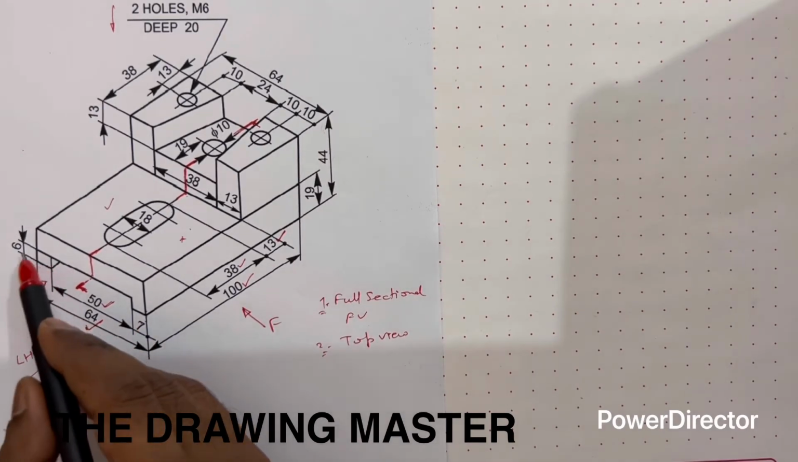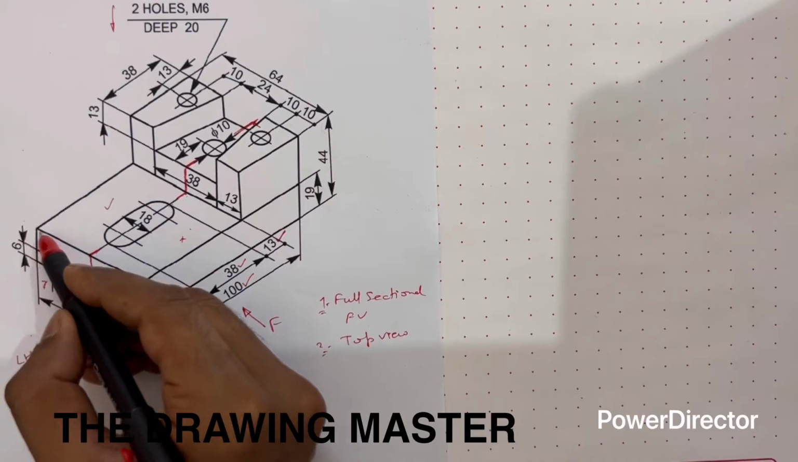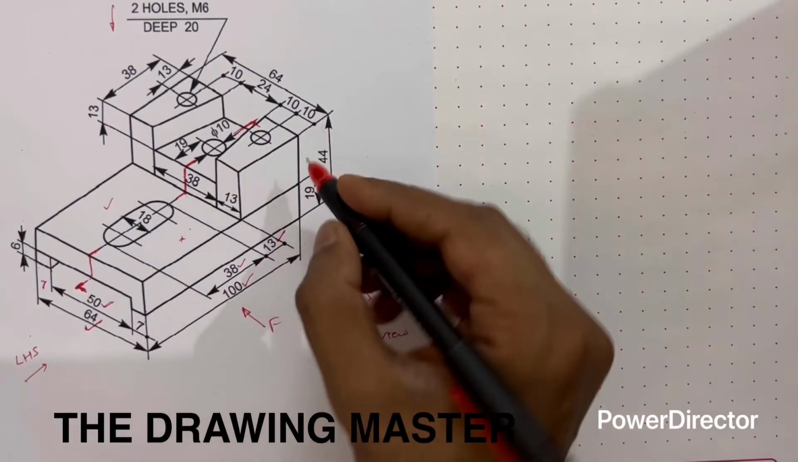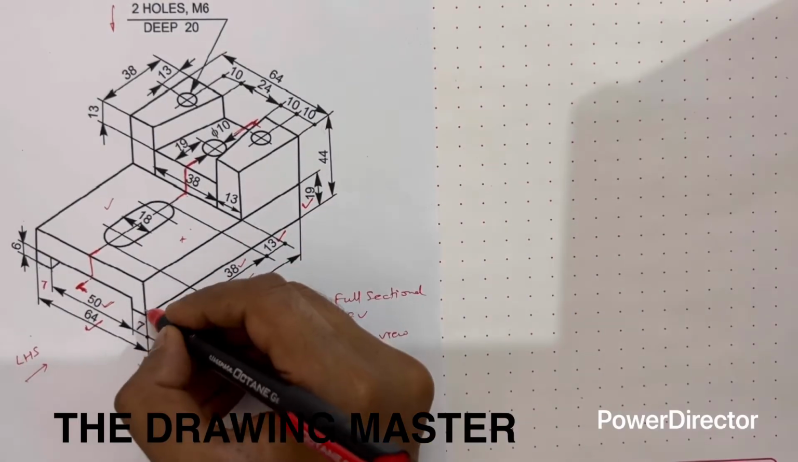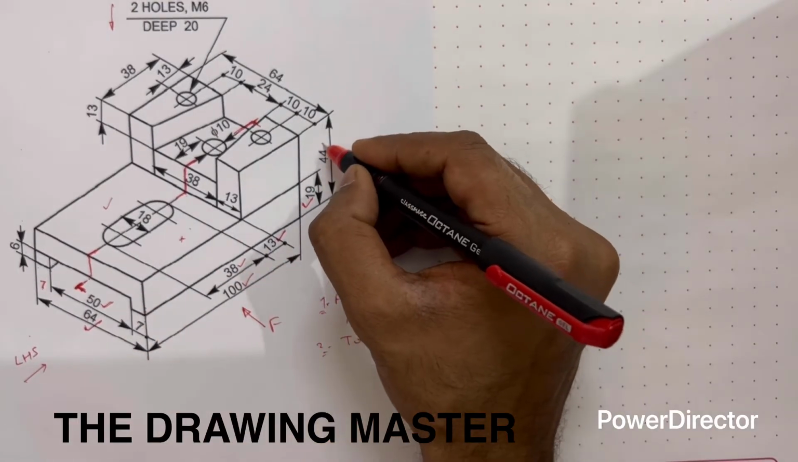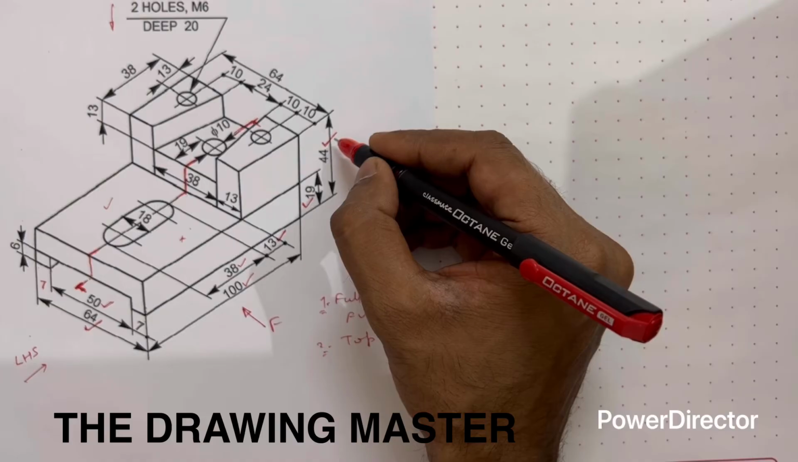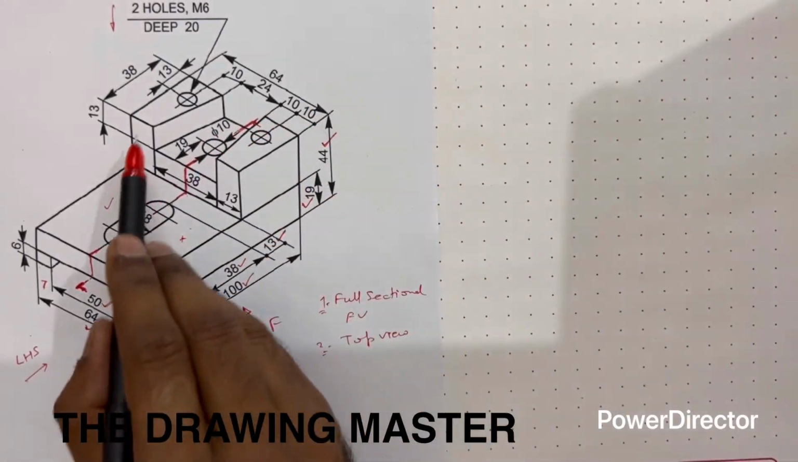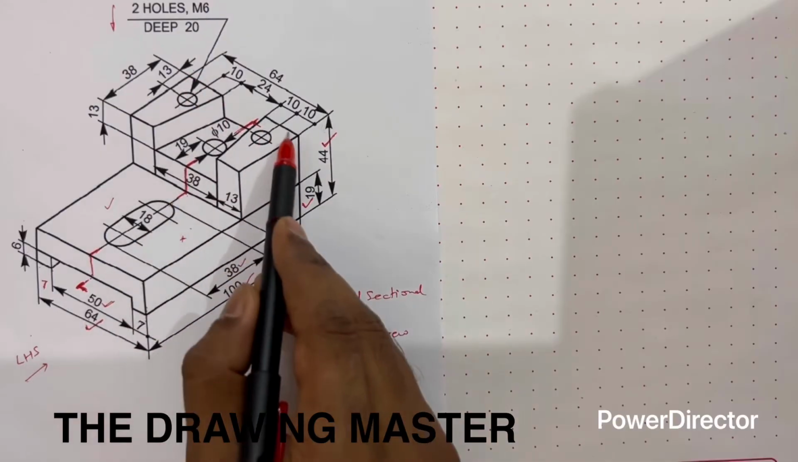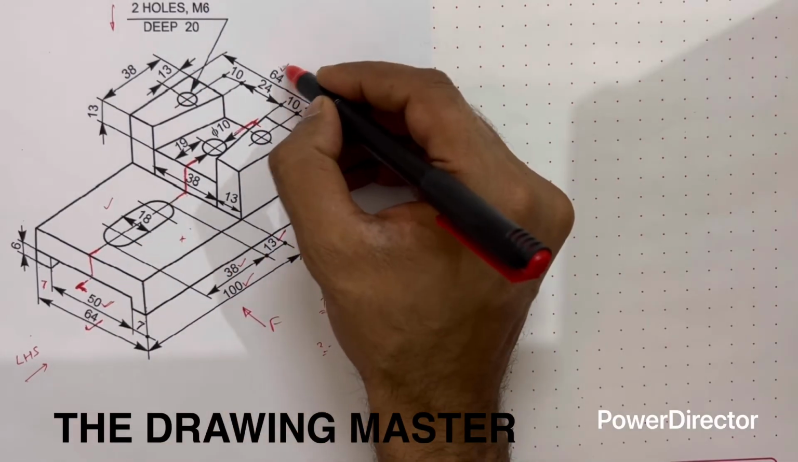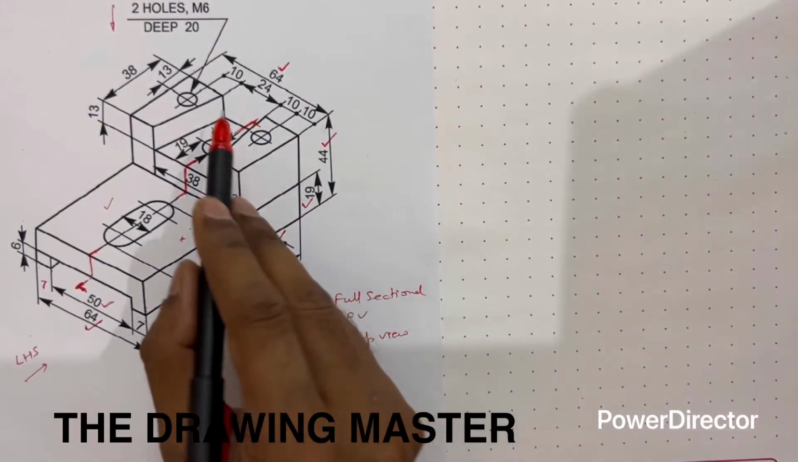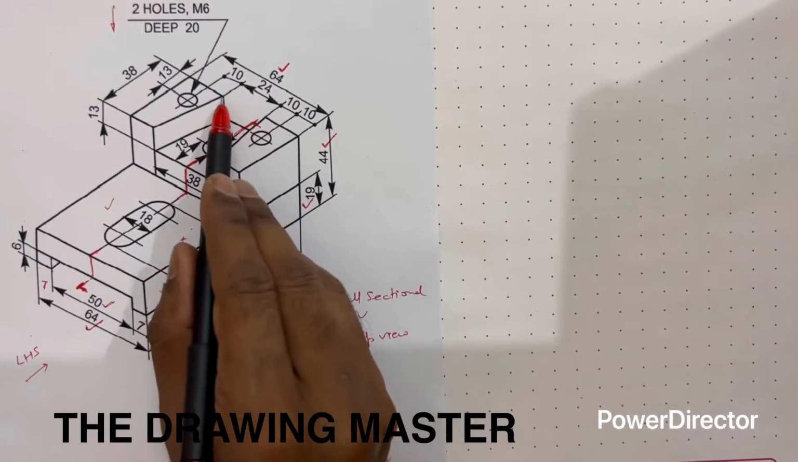This height is 6. Total height of the object from here is not given. Let's identify this. Yes, here it is given, 19. The height of this part is 19 and the total height of the object is 44. Let's read the other dimensions. In this part, this is 64. This was already given to you, so this is over dimensioning. This was not required here. This one is 24